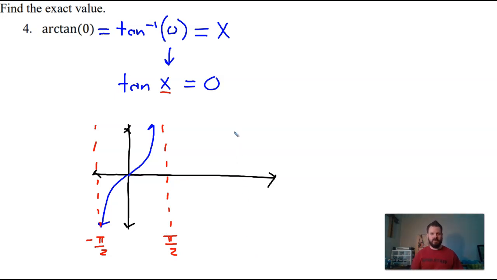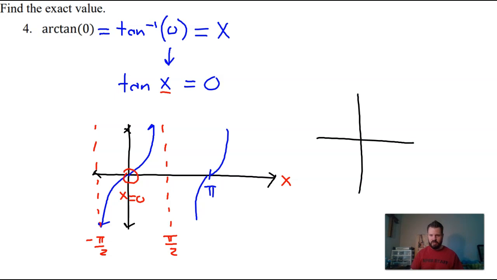Okay, now as far as which solution we're looking for, if I want to know what angle, what x value gives me my 0 here, that's actually going to be this one right here, when x equals 0. And the reason I know it's that solution, as opposed to this next one at pi, is if you remember our restrictions for our inverses,